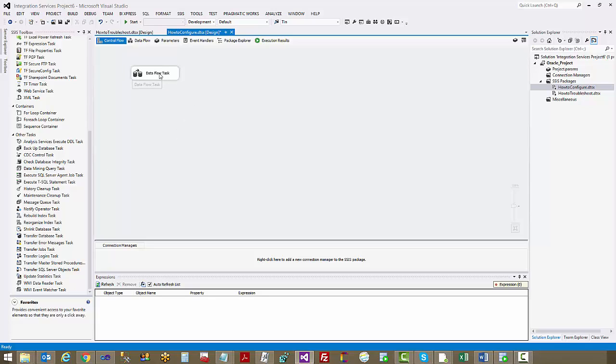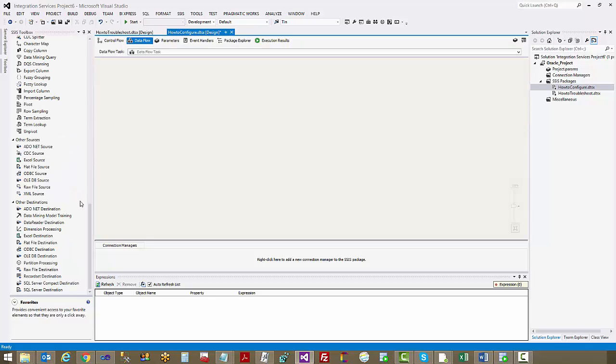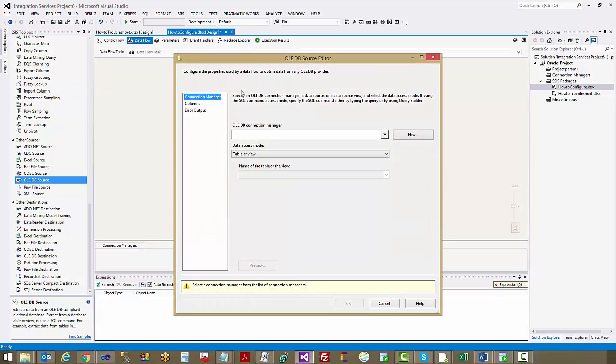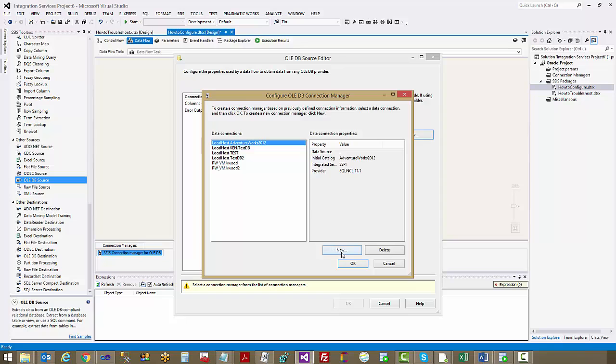In this blog and a blog to follow, I'd like to answer those questions. So let's get started. I've added a data flow task to my control flow. And what I want to do now is add an OLEDB source and connect it to our Oracle database. I open the OLEDB source and I select New. I'll select New again,